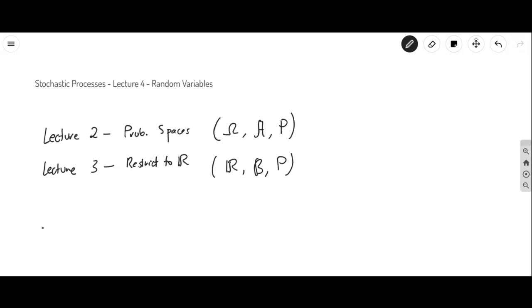And basically what Lecture 4 is, and this is what random variables really do, is you map. This is what a random variable is. It's a map from something that's abstract, which you want to think of as a sample space, into the real line, something that's very concrete. And the reason for doing this is because some random experiments are very difficult to work with directly when you work in the sample space itself. So for example,